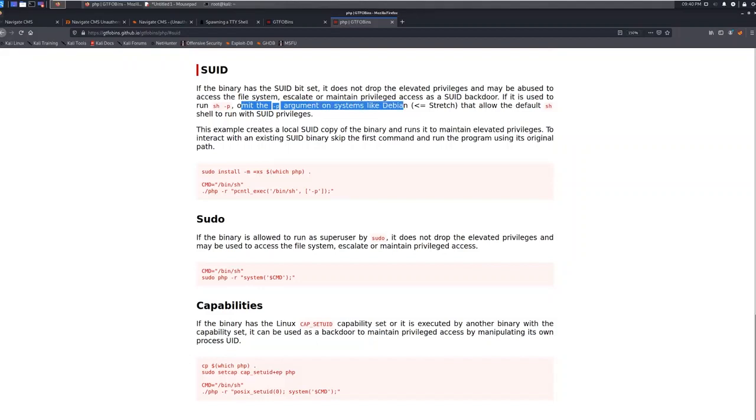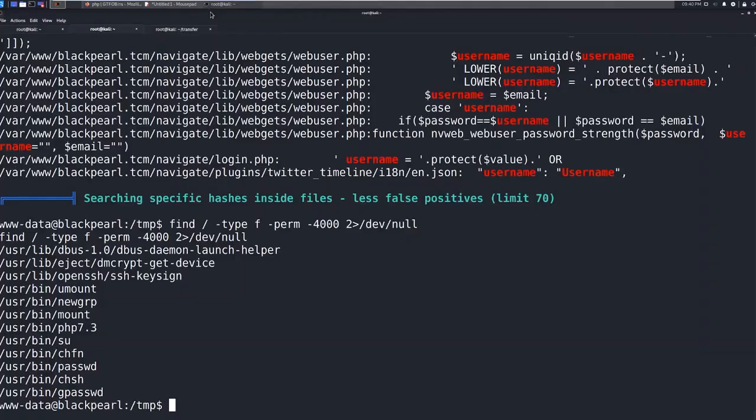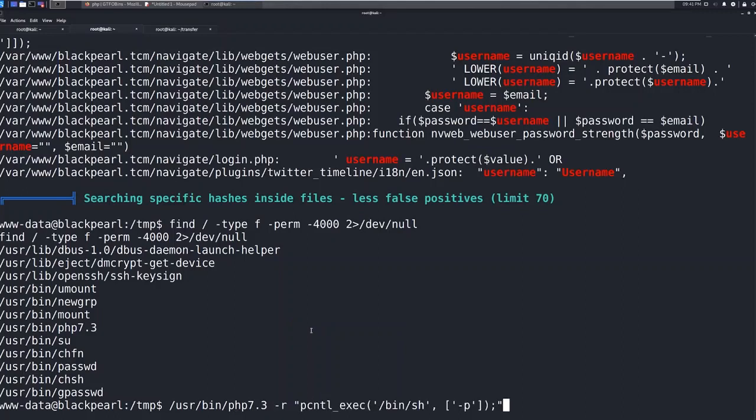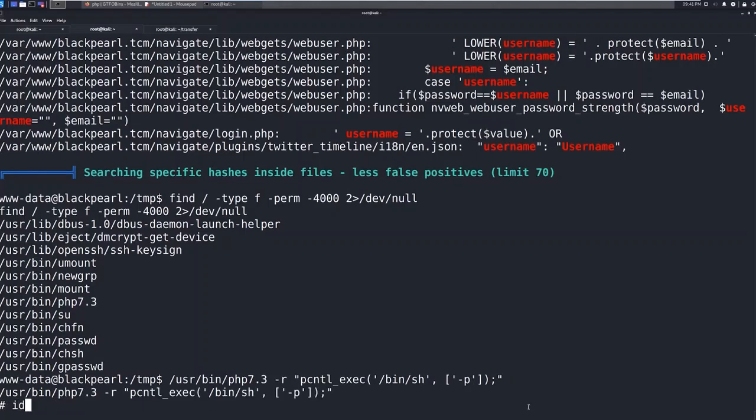So all we need to do on this is just run the PHP, and we need to run it with the rest of this setting here. Okay, that's really it. And we're going to call out that binary specifically. So you copy this, come back in here. We see the binary is sitting in /usr/bin/php7.3, and it shouldn't matter that it's PHP 7.3. Just paste the selection. Okay, this is going to execute /bin/sh as the root user, giving us, hopefully, a